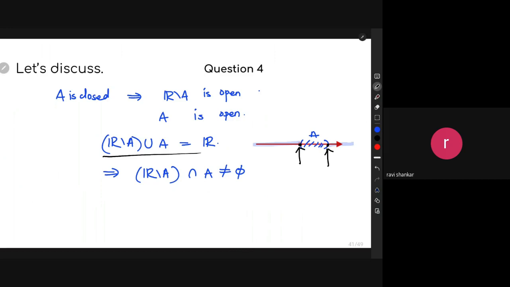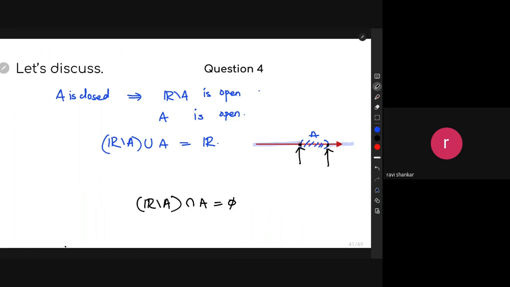Okay, because their union is equal to R, their intersection of both of the sets has to be non-empty, which is not going to be the case, because by definition R minus A intersection A is empty. Okay, so if I assume these two things, that their union is equal to R and their intersection is empty, which is by definition of the complement,